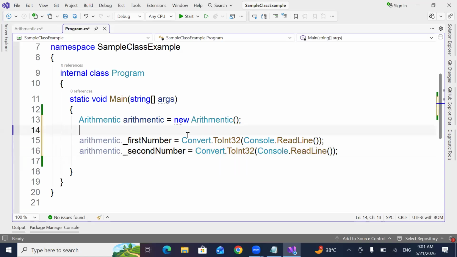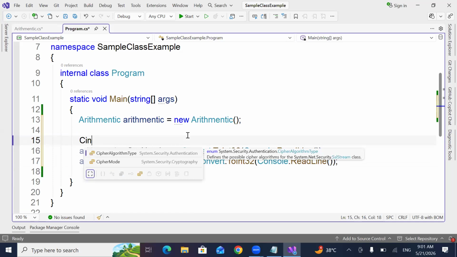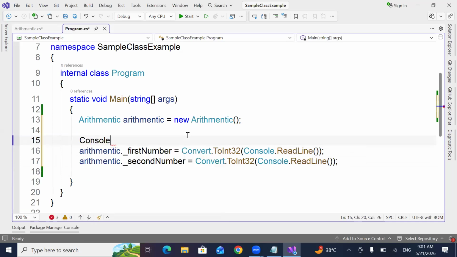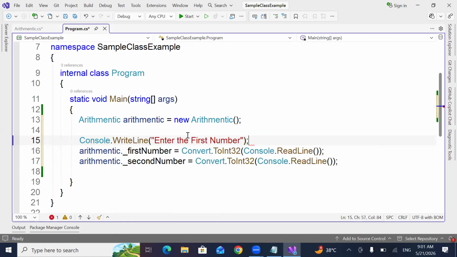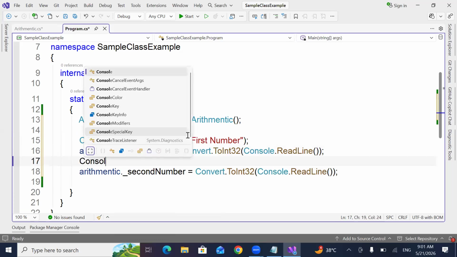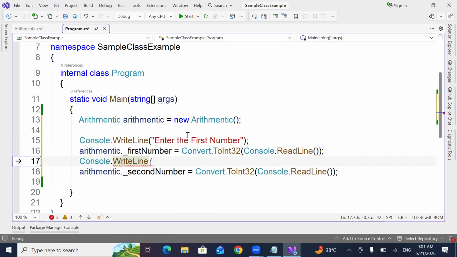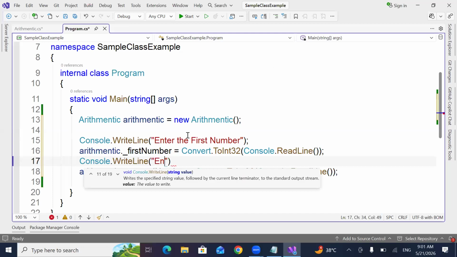So what I need to do here, Console dot WriteLine, enter the first number, so that the user can understand. Now here, Console dot WriteLine, enter the second number.